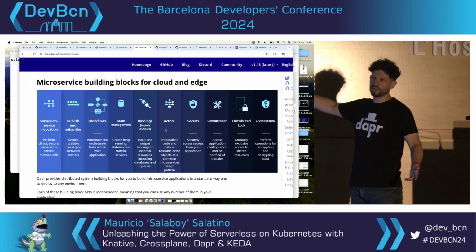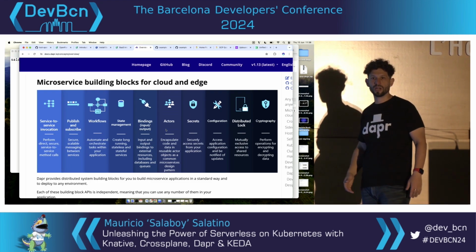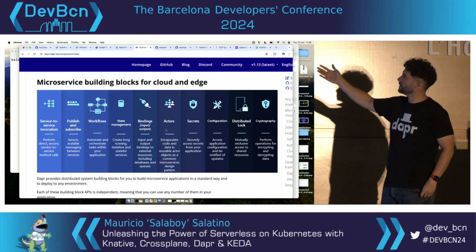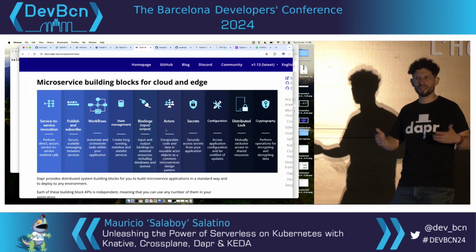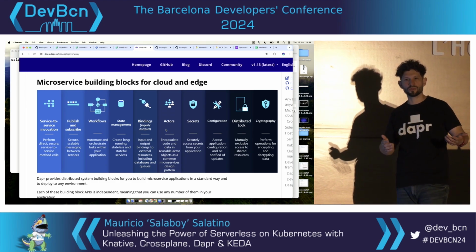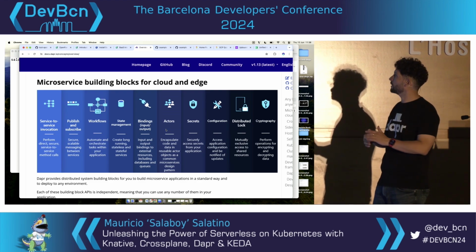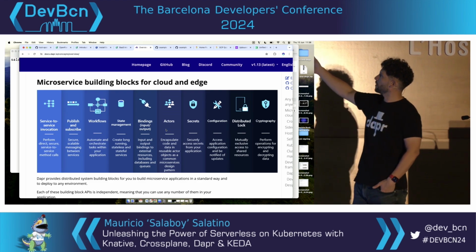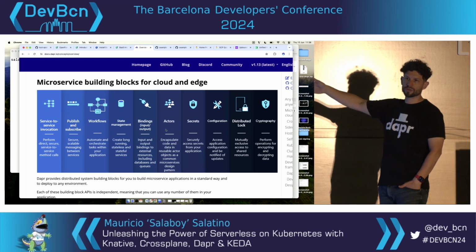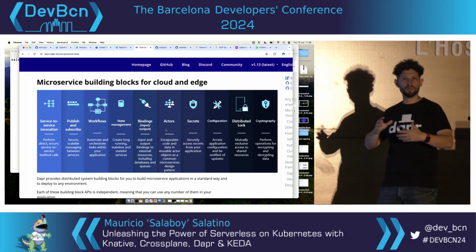If they want to store state in a state store, like a key-value store or a database, let's give them an API and not push them to learn about drivers or where the database is and all that stuff. I will just give you an API, and you can start building your applications. You then have common stuff like reading configurations or secrets from the environment, which is very environment specific.